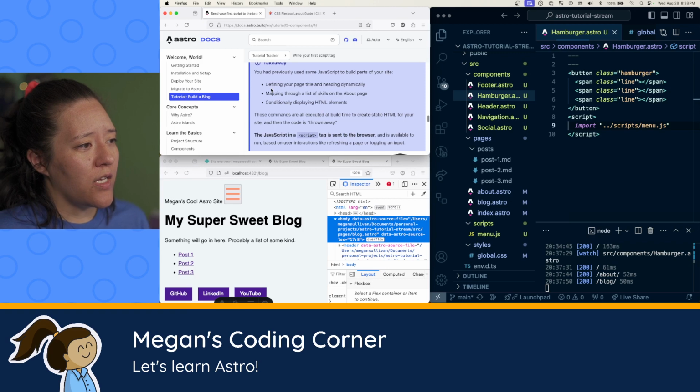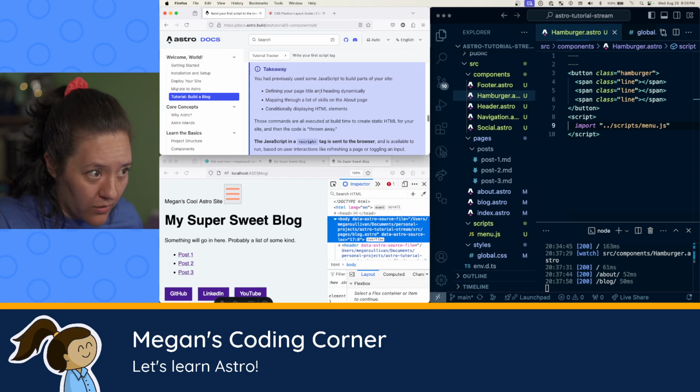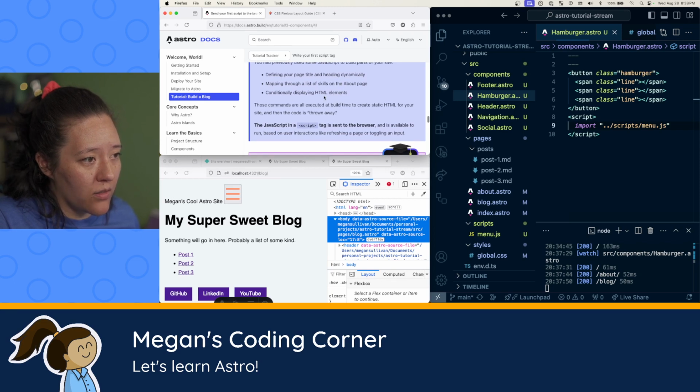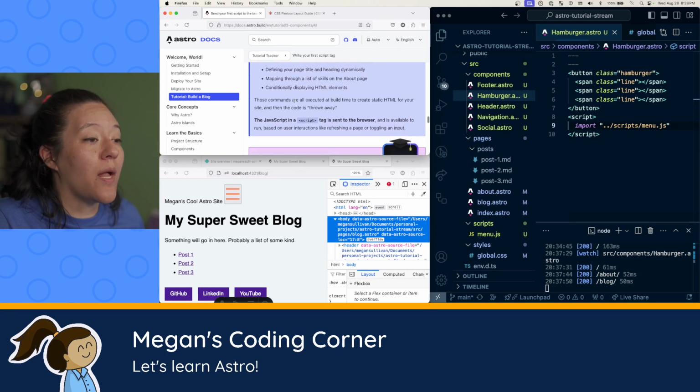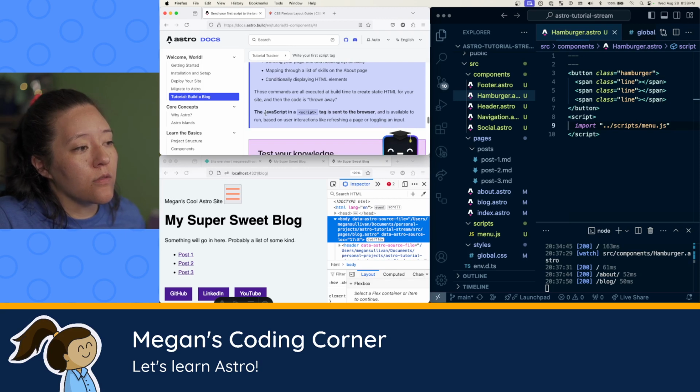Okay, defining. You had previously used some JavaScript to build parts of your site: defining the page title and heading, mapping through a list of things, conditionally displaying HTML elements. These are all executed at build time to create static HTML for your site, and then the code is thrown away. The script tag is sent to the browser and available to run based on user interactions, like refreshing a page